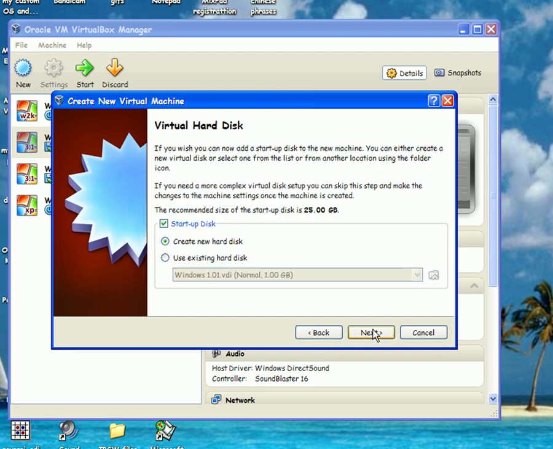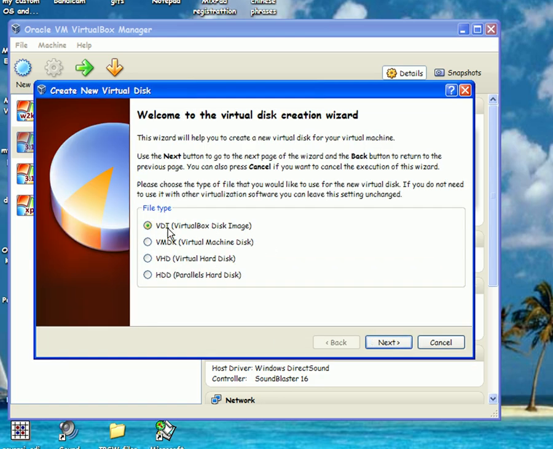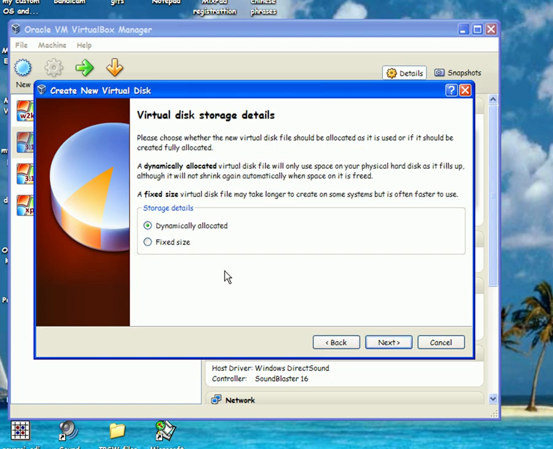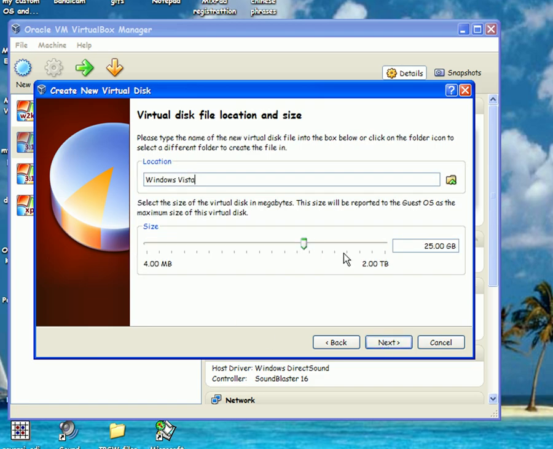Click on Next. And then, as I don't have any Windows Vista hard disk created, I'll click on Create a new hard disk, and then click on Next, and then select VDI, VirtualBox disk image. Click on Next, dynamically allocated, which is the best. Next, and then I'll leave this 25 gigabytes in total, but this is not the recommended size for the operating system itself,